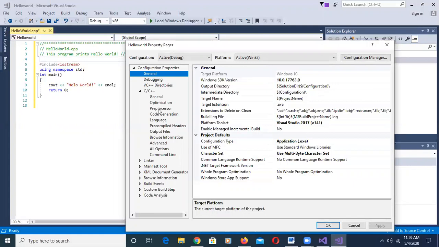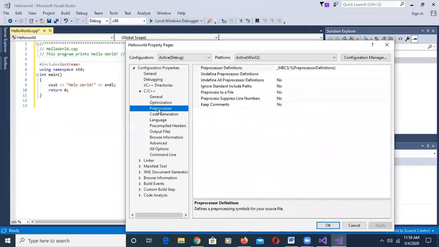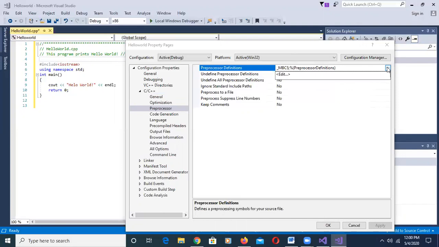Once you're within this, go ahead and select the preprocessor definitions, which is this right here, and then click on the drop down arrow and go ahead and enter